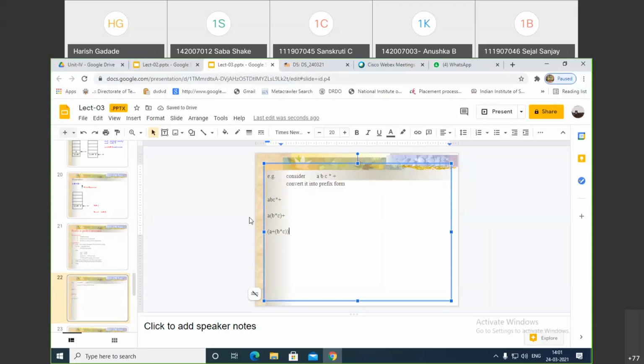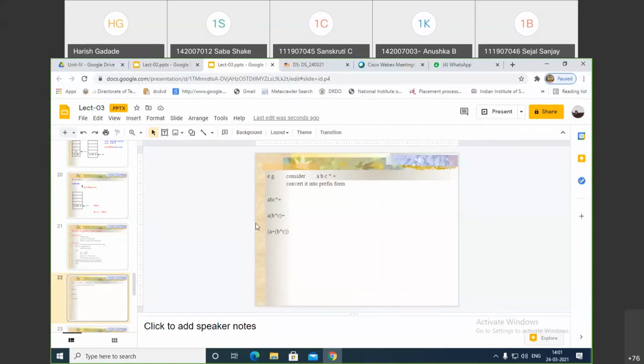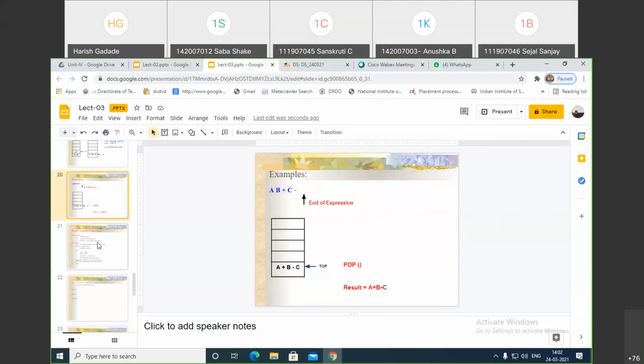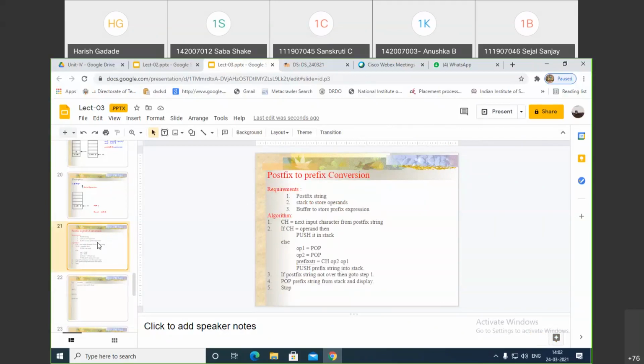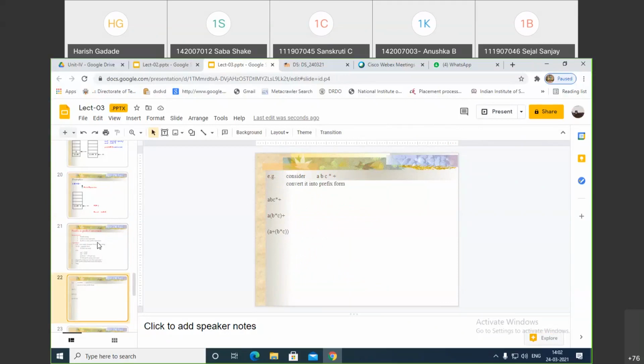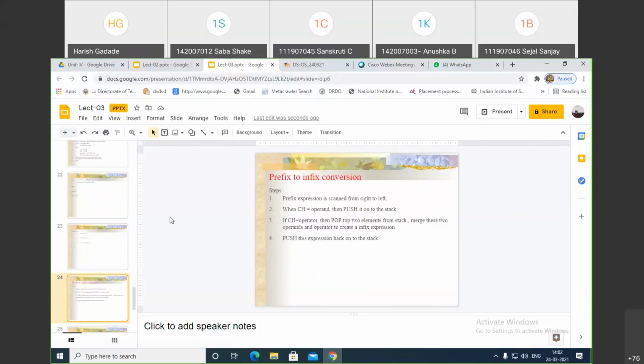This is a manual method, we can say, and the methods we have seen in the previous conversion, the same we can use also, right? So this is the postfix to prefix conversion, and the example we have seen in the previous step, that we can see here also. I'm not repeating this again because it is the same thing. Now these are the examples.